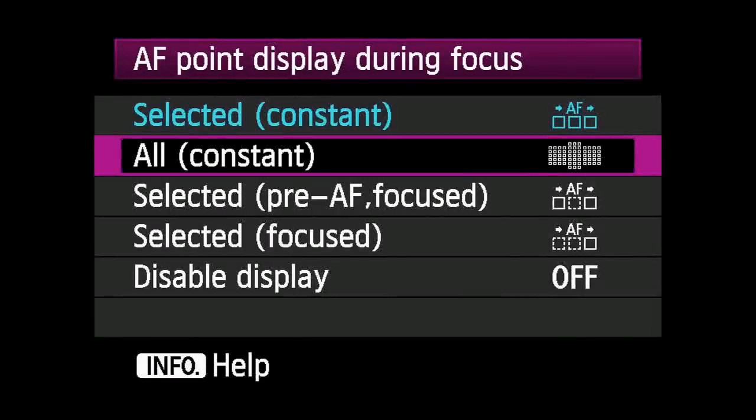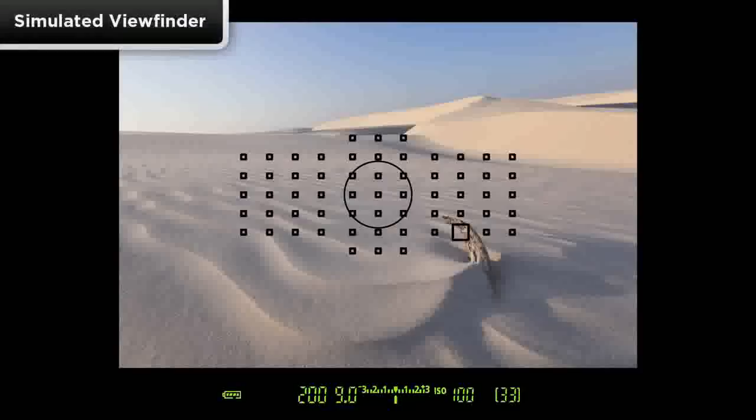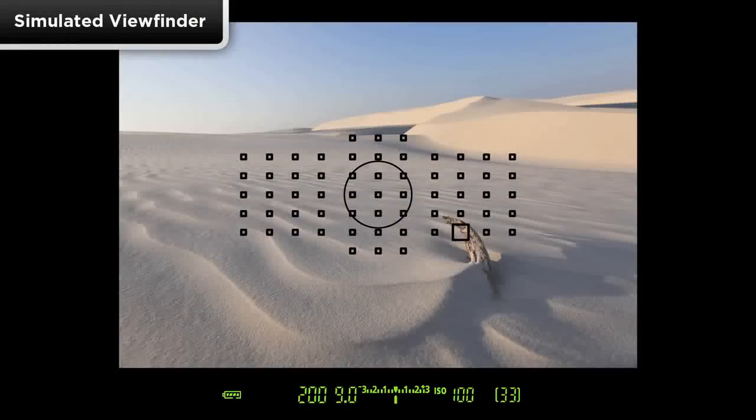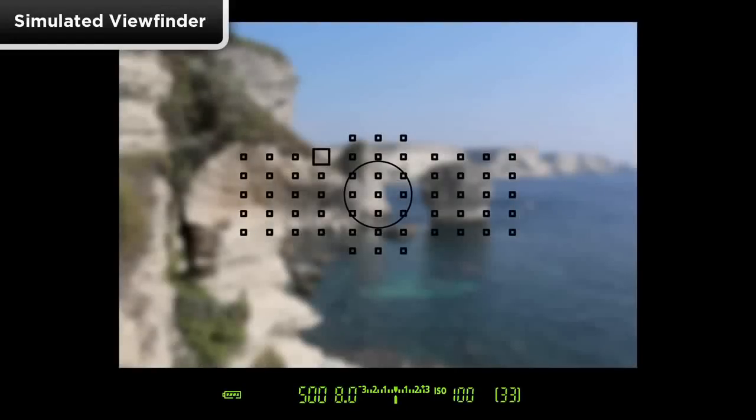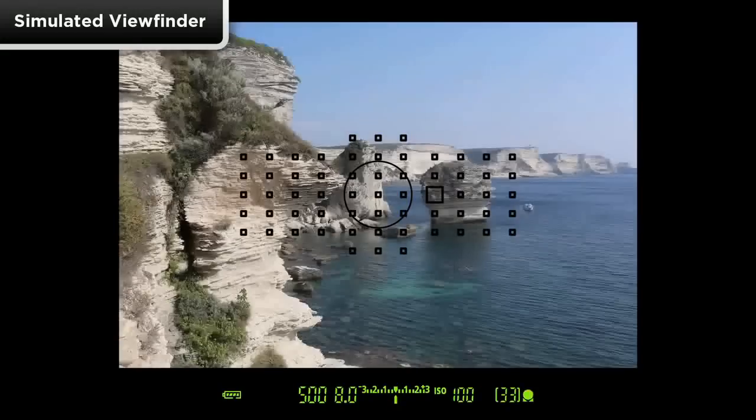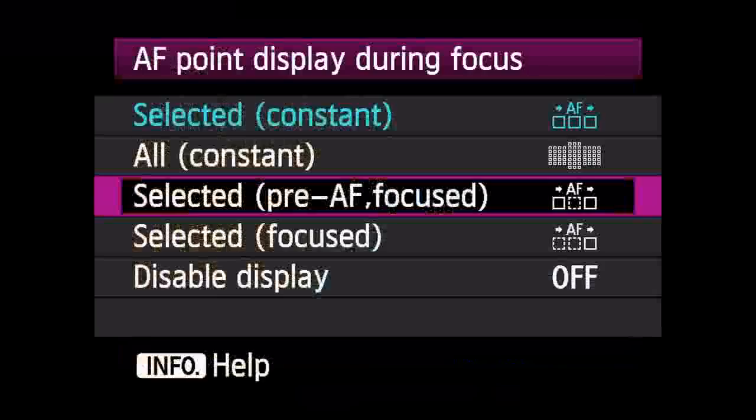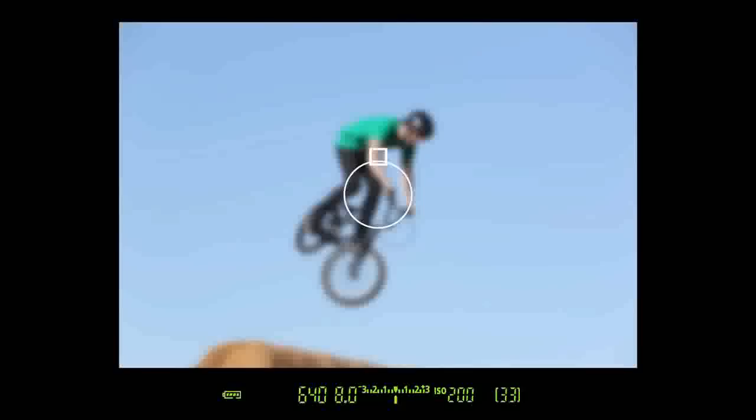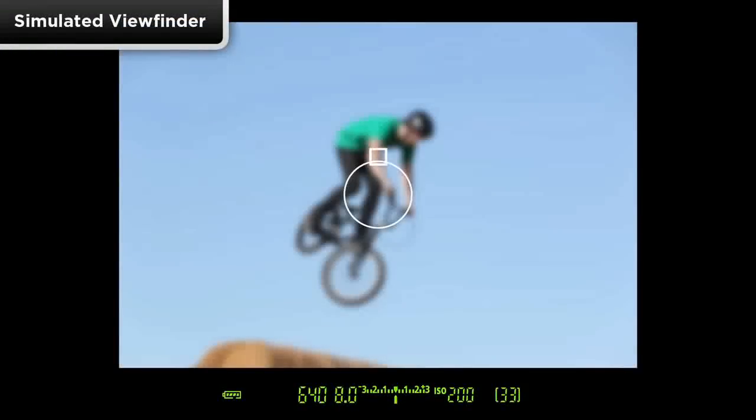All Constant displays all 61 AF points as small squares on the focusing screen, with the selected AF point or points highlighted with larger squares. This makes it easy to see the locations of other available AF points if you want to move from one to another. Selected Pre-AF Focused displays the selected AF point continually before AF starts